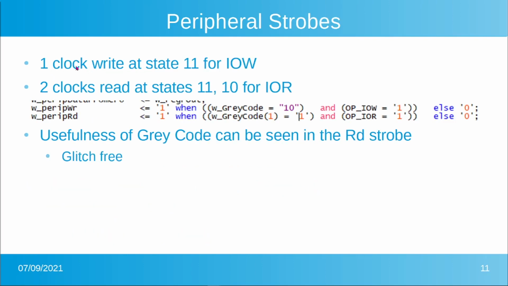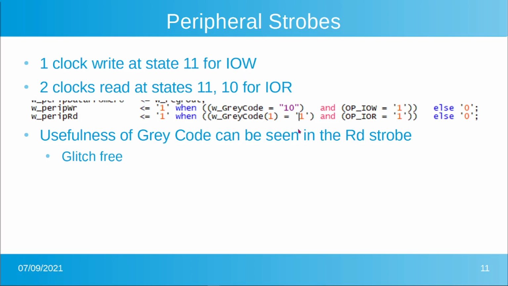As mentioned previously, IO writes are 1 clock wide at state 3, and IO reads are 2 clocks wide at states 3 and 2. Writes can happen earlier. They don't have to wait till later. For reads, making it 2 clocks wide is helpful. And this is where that glitch